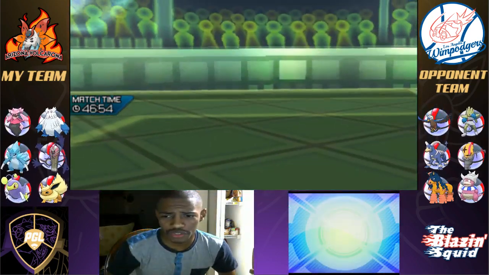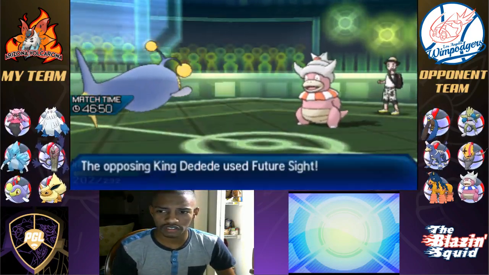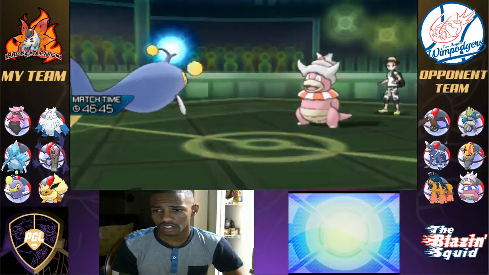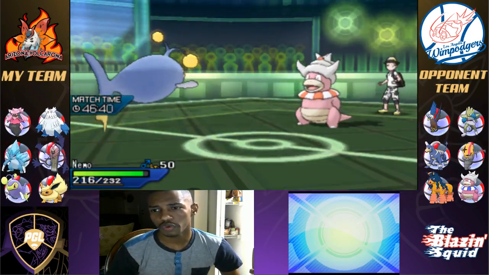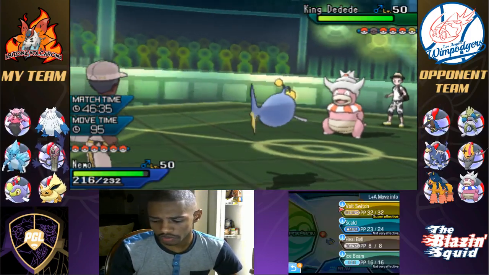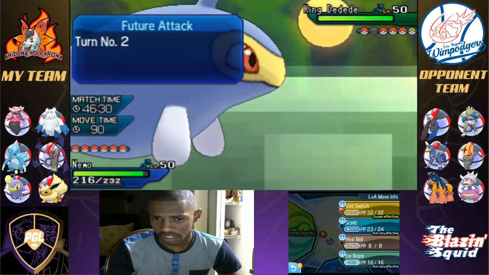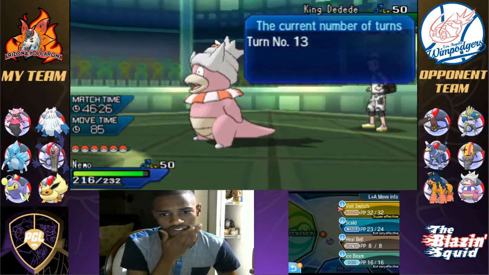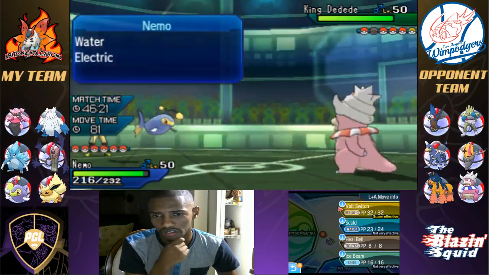He actually thought about his switch in, so either he's trying to bait me, or he's trying to think. He has Future Sight. Okay, and I did not bring... who are we talking about that we did not bring? So I think I might go for a few Scalds and try to potentially get a burn off. Or I can Volt Switch. If I Volt Switch, he might go for...